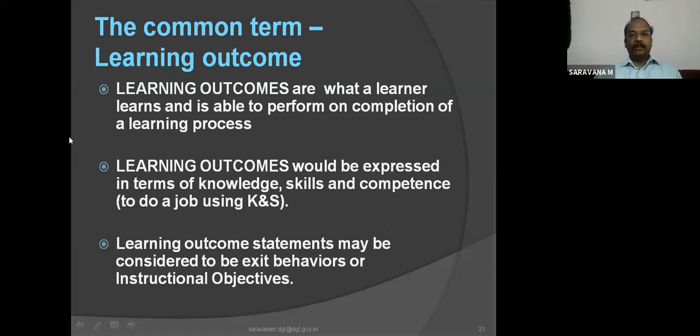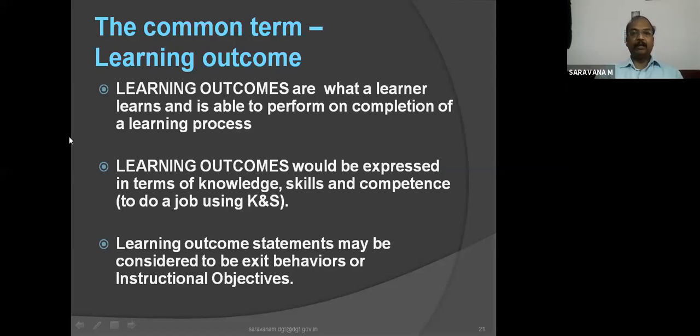Take a syllabus, and consider that we are all learners. Our trainer or training officer or vocational instructor will come and impart training in some theory portions or some practical demonstrations. After completion of that, what we will be able to achieve is gaining of knowledge or gaining of some particular skill. We will be able to repeat that skill, or demonstrate that skill, follow the safety precautions, everything. So this is called the learning outcome. After successful completion of a particular lesson or a particular skill, what the learners will be able to achieve is called the learning outcome.